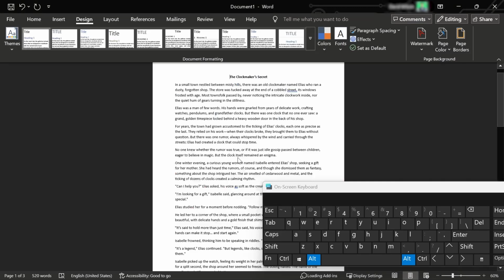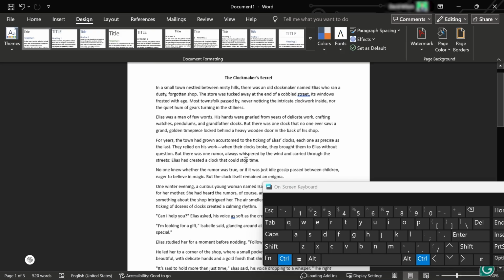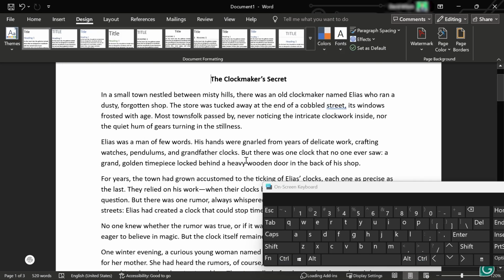Hey guys, in this video I'm going to show you how to insert emojis into a Word document. Now for us to get this done, what we're going to do is head over here to our Microsoft Word, and what we're going to do is